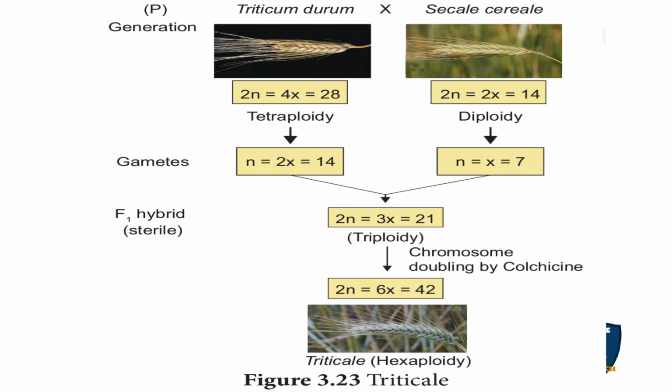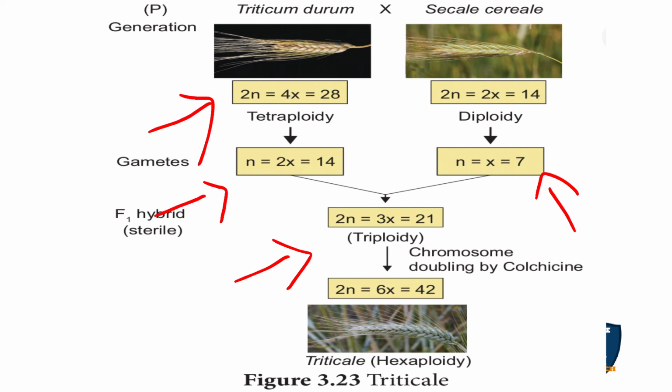This is the famous one, triticale, the first man-made species. The wheat variety Triticum durum and the rye variety Secale cereale have chromosome numbers 2n equal to 28 and 2n equal to 14. Triticum durum is in tetraploid condition, that is 2n equal to 4x equal to 28. From gamete formation, n is equal to 2x equal to 14, and in rye n is equal to 7. After combining you get a triploid condition, 2n equal to 3x equal to 21,